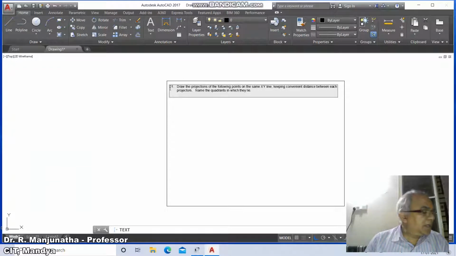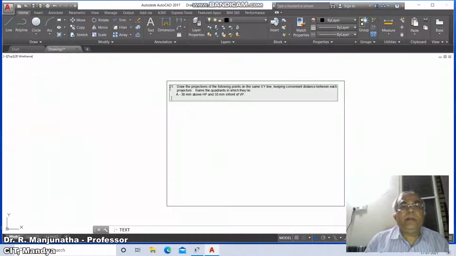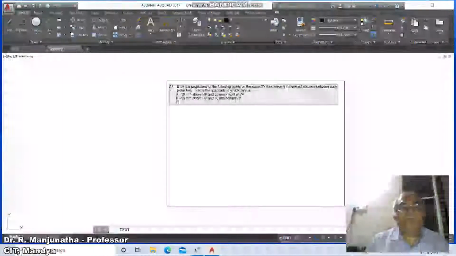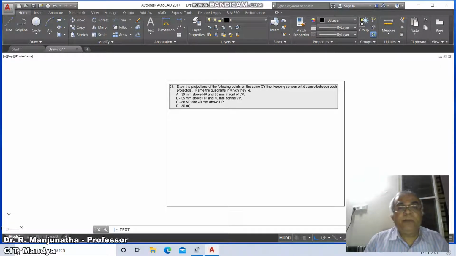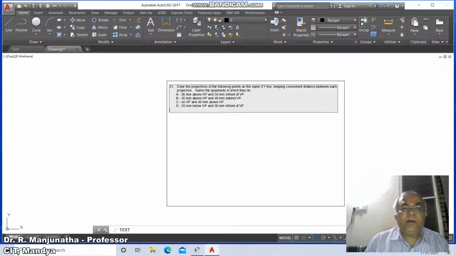So here take A 30 mm above HP and 35 mm in front of VP, then capital B 35 mm above HP and 40 mm behind VP, then take point C on VP and 40 mm above HP, then capital D 35 mm below HP and 30 mm in front of VP, and say yes.